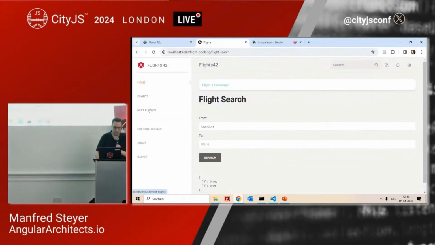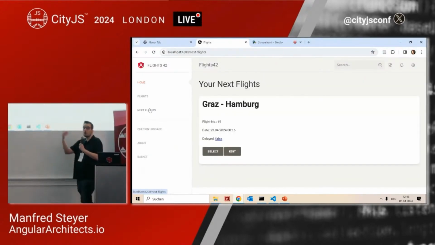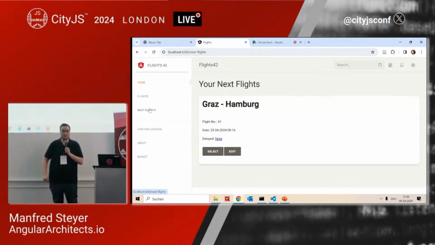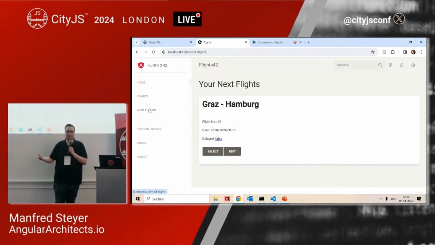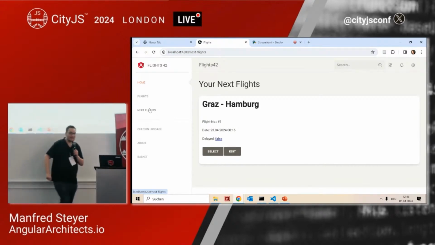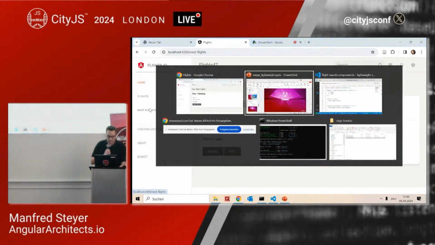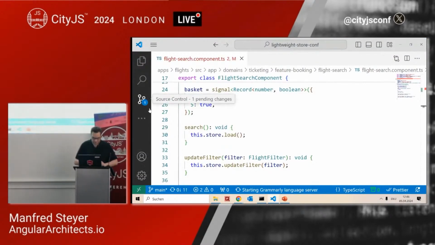So what I have here is your next flights. And obviously, to show you your next flights, I need to know who you are. That means I need your user ID from the utility store that is about authentication, and I need to know your flights, which are managed in the feature store of this very feature. So how can we accomplish that? Well,